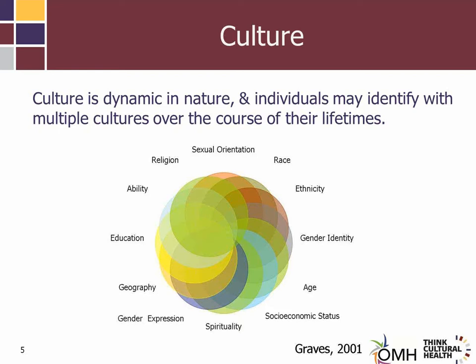Physical ability or limitations, political beliefs, racial and ethnic groups, including but not limited to those defined by the U.S. Census Bureau, religious and spiritual characteristics, including beliefs, practices, and support systems related to how an individual finds and defines meaning in his or her life, sexual orientation, and socioeconomic status.